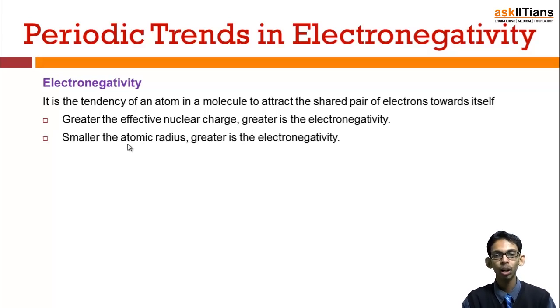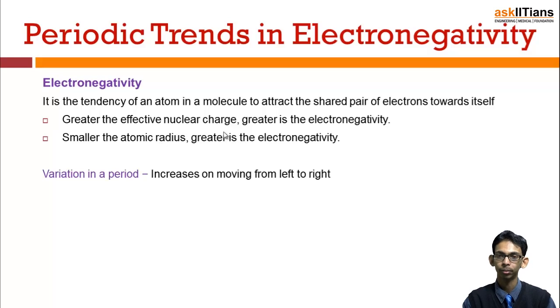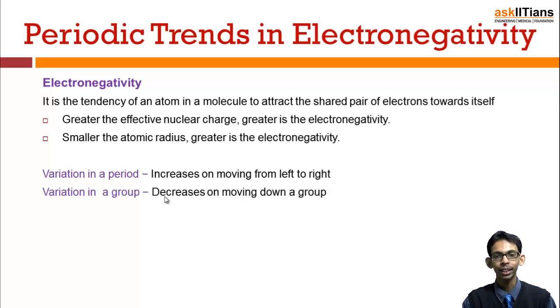Smaller atoms, or elements with small atomic size, will have greater tendency to attract the shared pairs of electrons toward themselves. So the smaller the atomic radius, the greater the electronegativity. We know that along a period, atomic size decreases, that means electronegativity increases. So it increases on moving from left to right in a period,